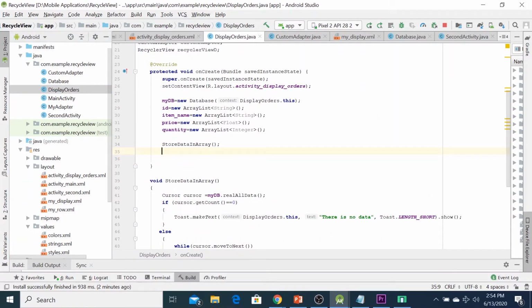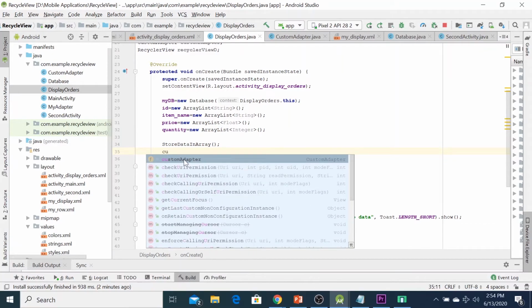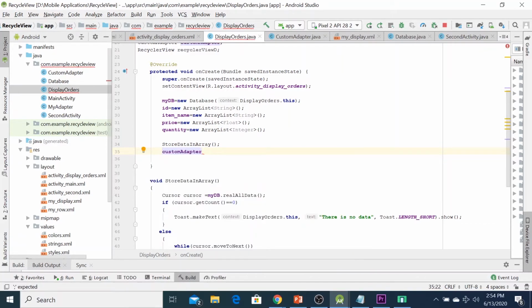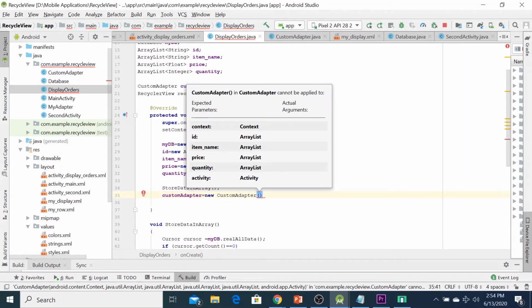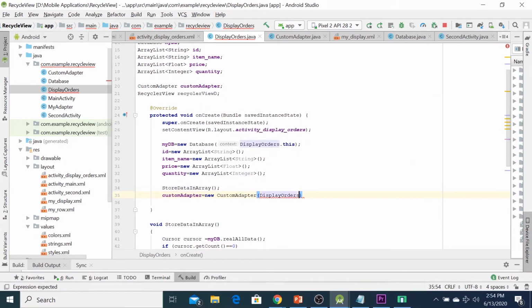So we can type here customAdapter equal to new CustomAdapter. You have to initialize it here as public. So you can call the variable customAdapter, new CustomAdapter, and you can type DisplayOrder.this, comma this, and this is the activity.